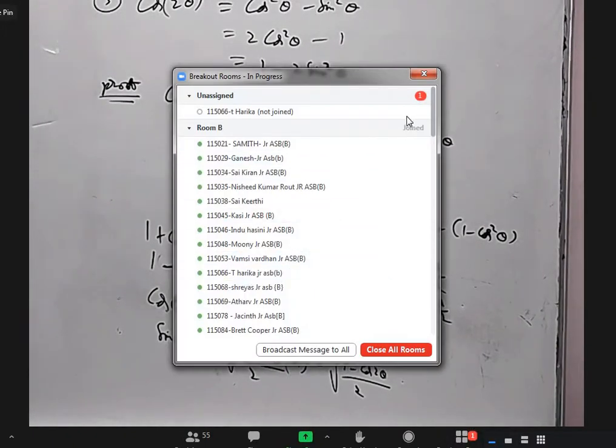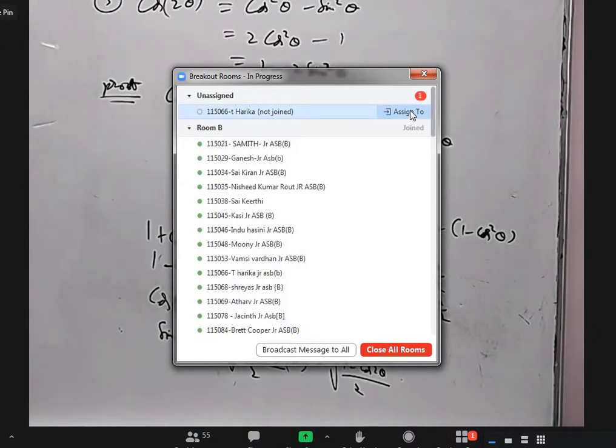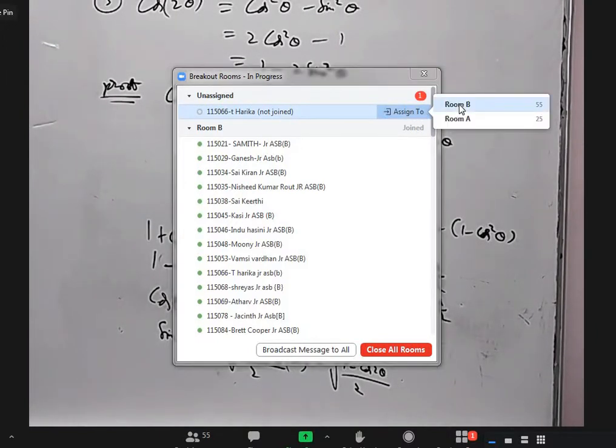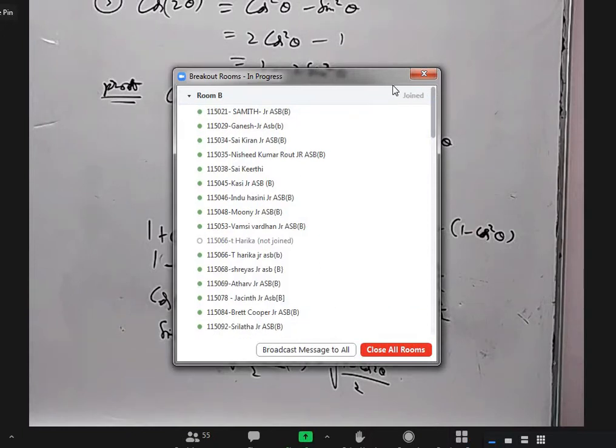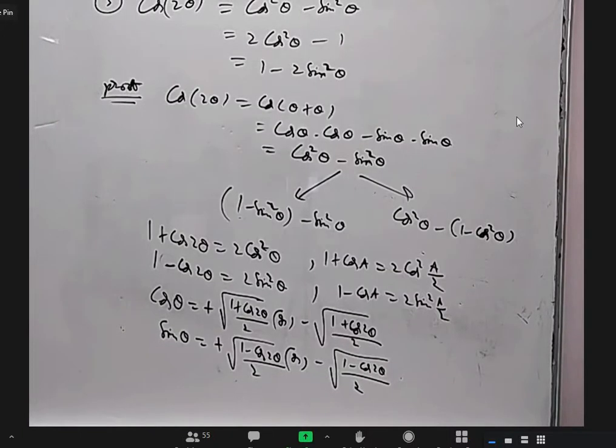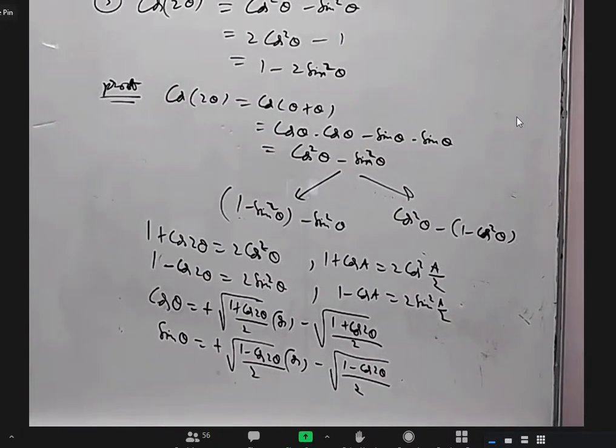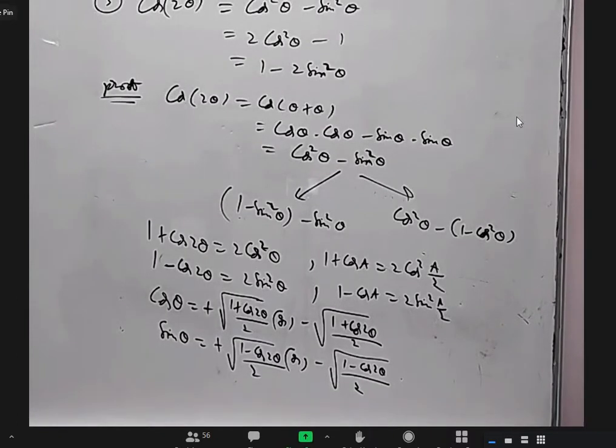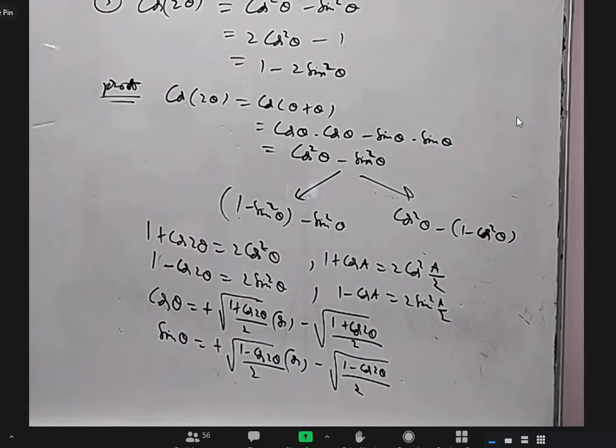Sir? Yes, please. Sir, you said that we need to complete exercise 6C. After the completion of 6C, what we should do, sir? Next assignment. If you know multiple submultiple angles, so do this one. And similarly, I think exercise 6D may be based on multiple submultiple angles. You can do that. Okay, sir.